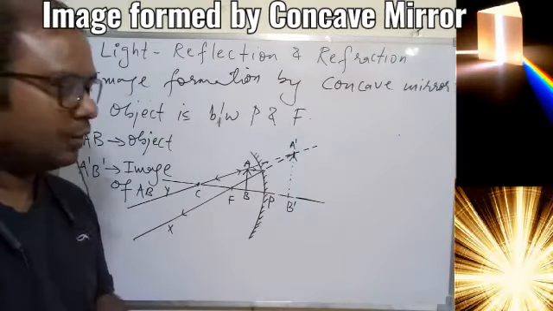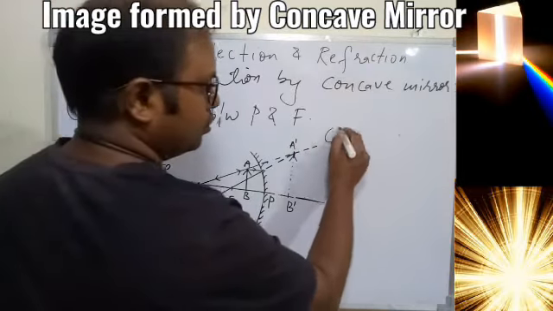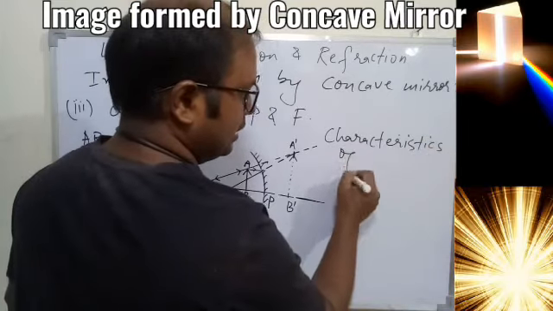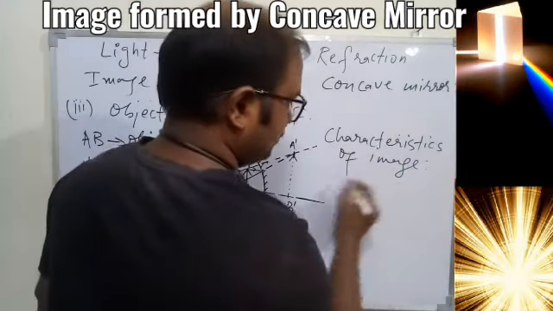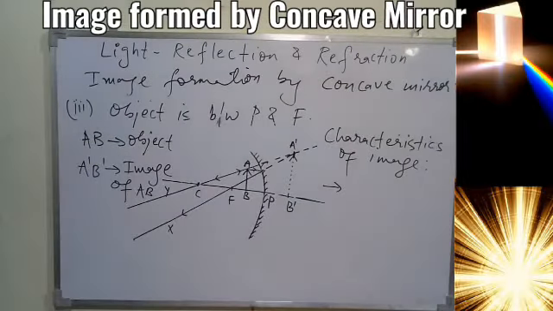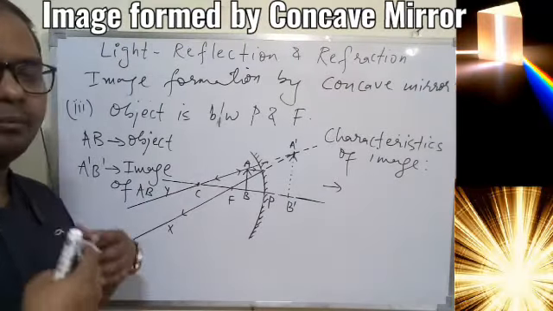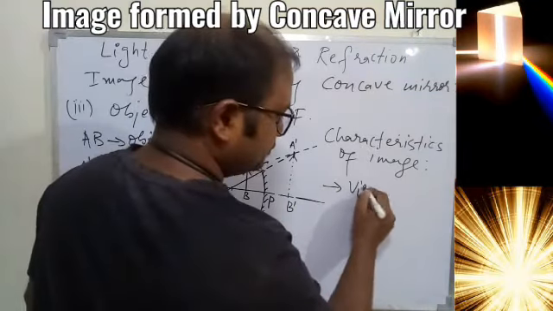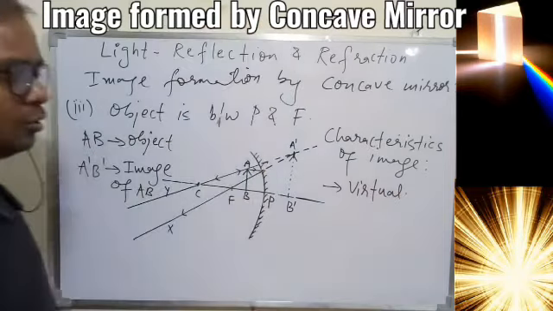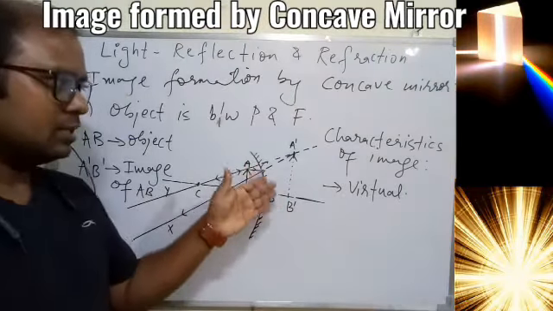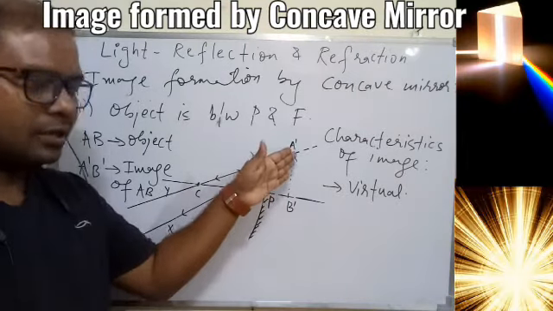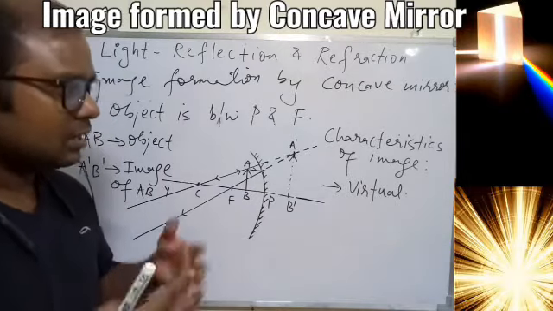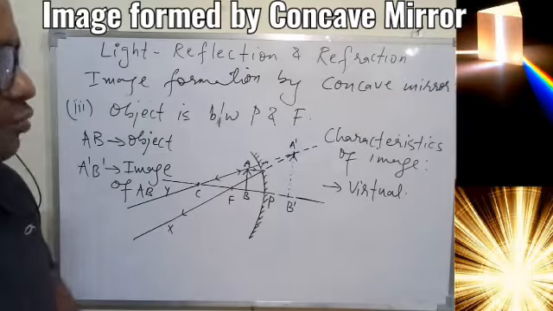And now based on the diagram, we can write all the characteristics of the image in this case. Very first, we understood the image is not a real image, because this image has been formed behind the mirror, so it has to be a virtual image. The rays of light actually cannot pass, so the A point, B point is just an imaginary line, and if it is imaginary, then it has to be virtual. So the first thing we got: the image is virtual.